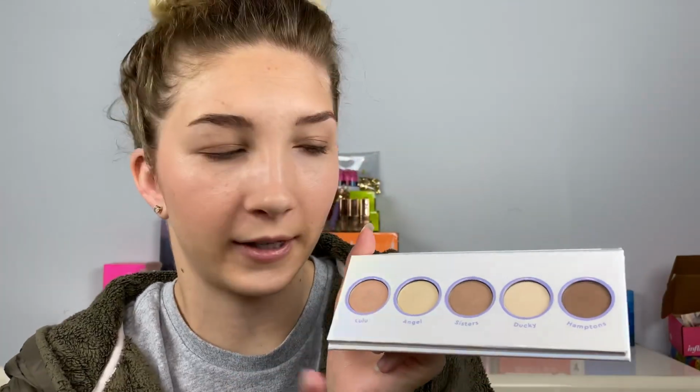So I already swatched this, and I'll insert the swatches that I took outside. It's not a sunny day, unfortunately, but I tried to get the best video outside that was true to color that looks in person. There's Lulu, Angel, Sisters, Ducky, and the Hamptons. Those are all the shades from this side to this side. Today I'm going to be using this on my eyes and on my cheeks,